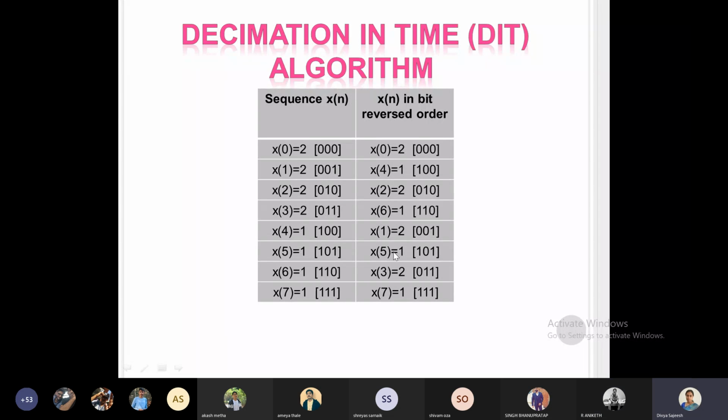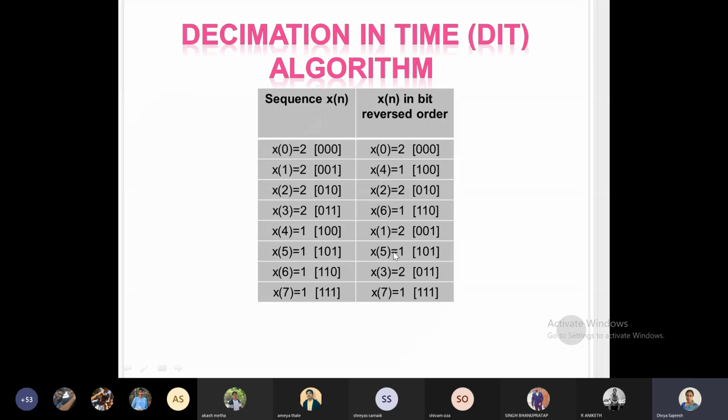I didn't try to find out any logic in that. I just tried to see that you have to just reverse the bits. If I am writing 1, 2, 3, how will I reverse the sequence? It will be 3, 2, 1. If I write 1, 2, 3, 4, how will I reverse it? 4, 3, 2, 1. That way only I reversed it. Don't try to develop another logic, then it may make you confused. No, ma'am, by looking at the solution, I was just having that thought. That's why I was asking. Okay, okay.